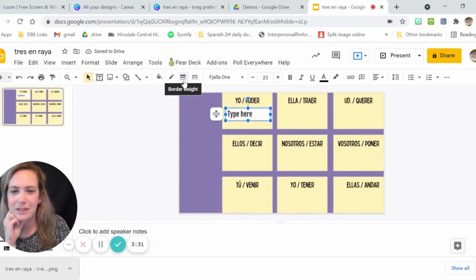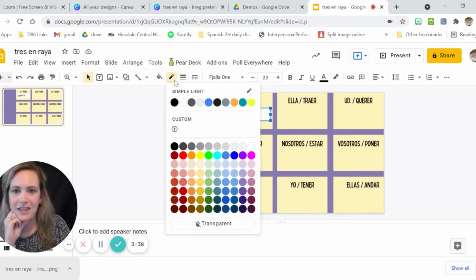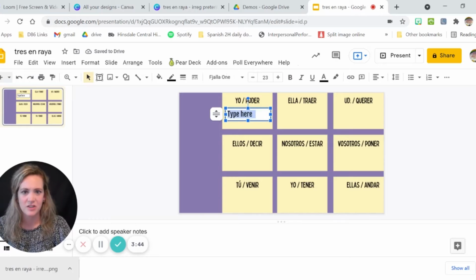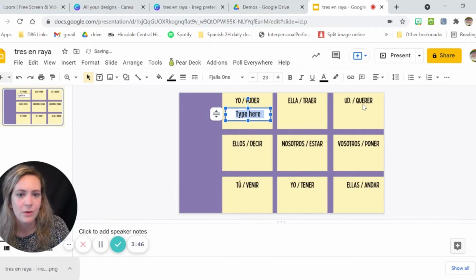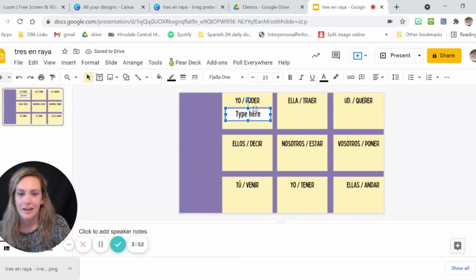I do love a border. I just think it would look cleaner with a border around this text box. So I'm going to add that in, border color, black. I'll just make that 2 pixels. Yeah, I just think that looks a lot nicer. You can also center that if you want to and make sure it's in the middle. I just think that looks kind of nice and clean. Now I